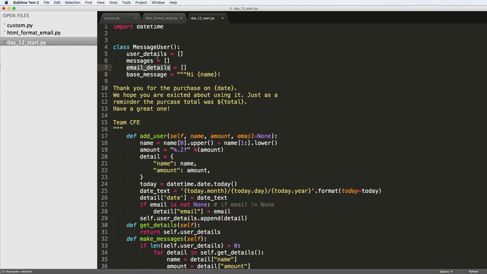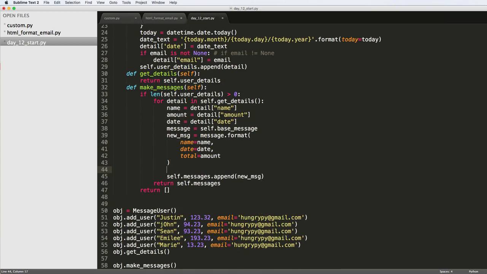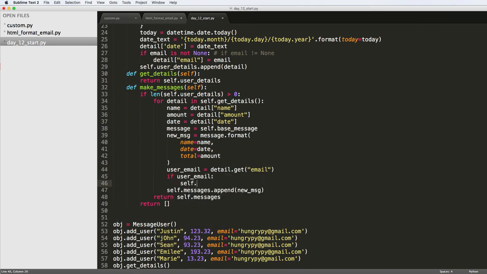This email details is going to be similar to user details in the fact that it will actually have dictionaries inside of it. So during our make messages list, I'm going to say user email equals detail.get. This time it's using .get because .get allows this to be None, whereas if this is empty, it will raise an error. So if user email, then we're going to do